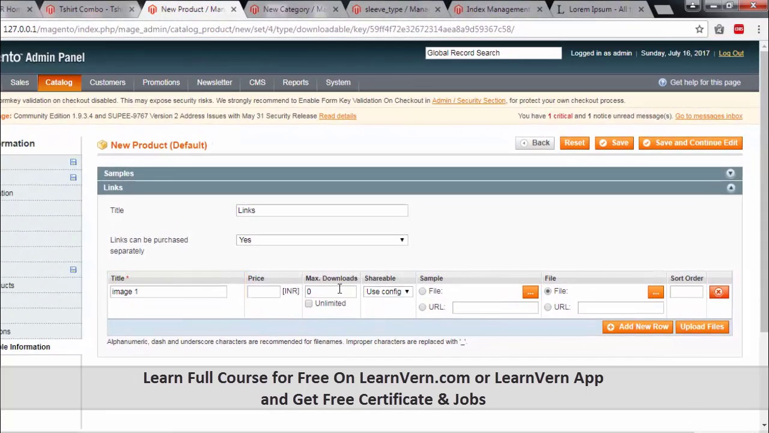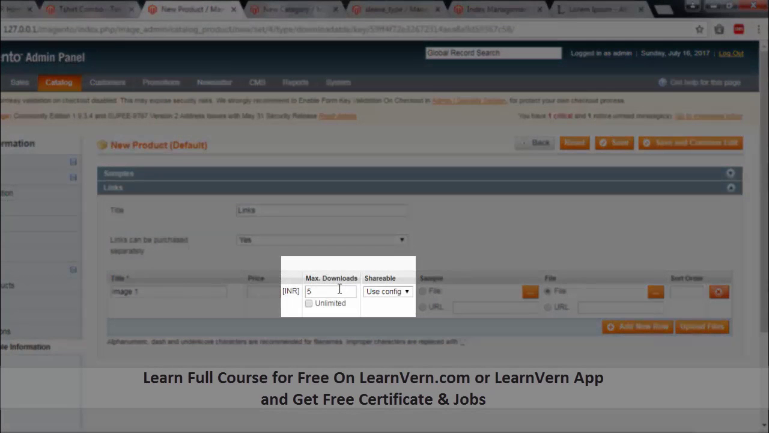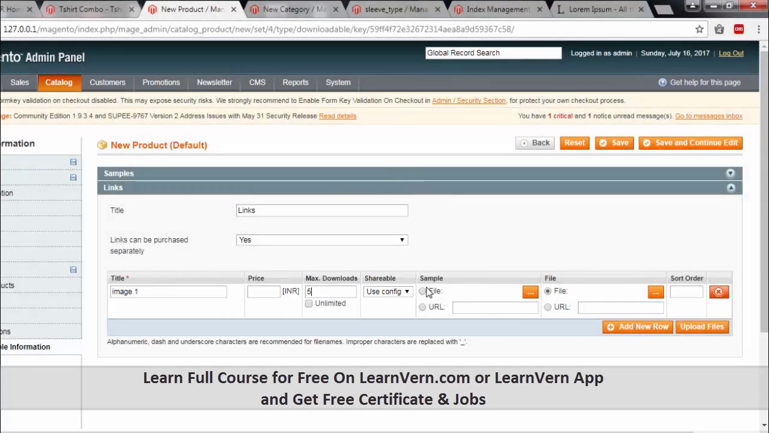and you can also specify the max number of downloads. For example, if I select 5, the product will not be downloadable more than 5 times. Then you can specify a file or a URL directly. For now I am going to upload a file from this computer, so I will select a file